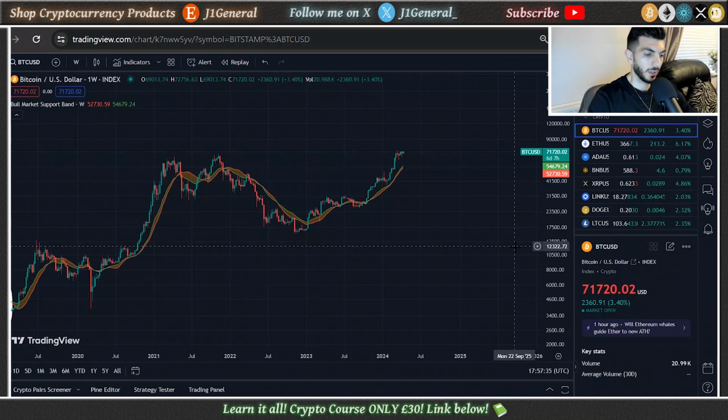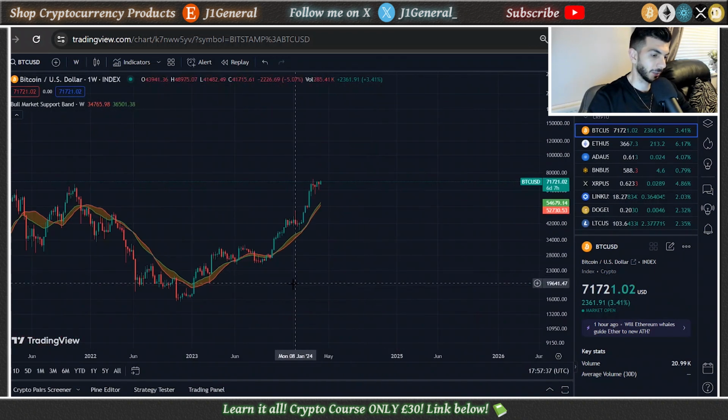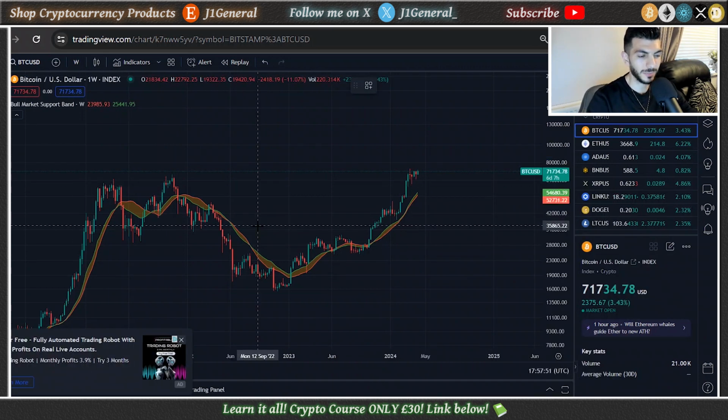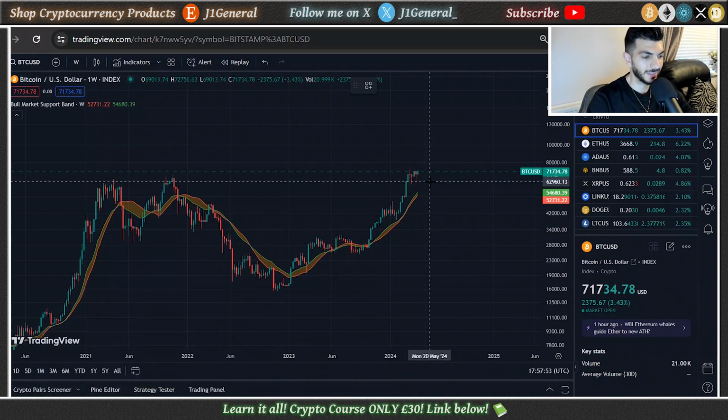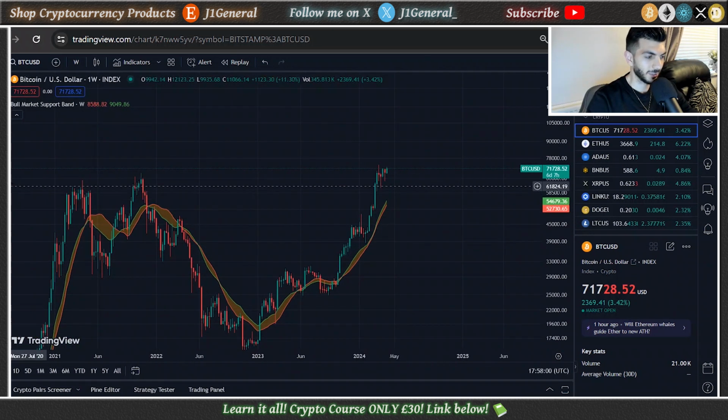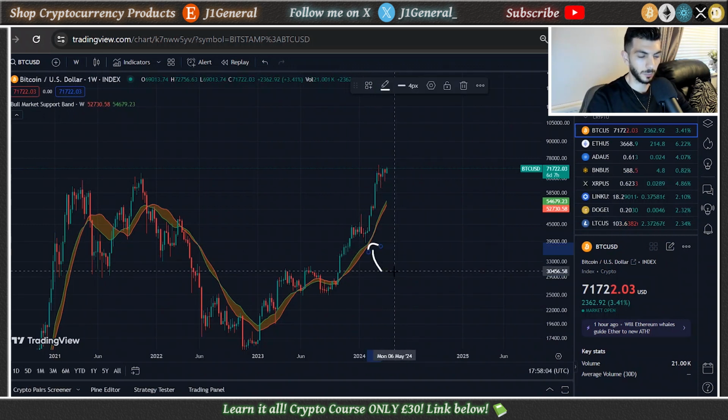So what can we infer from this price action then? We can infer that the party can go on until it doesn't. The price can keep going up until it doesn't. But once Bitcoin starts to slow down, once the momentum dies down, that is when to be wary of the bull market support band. As long as Bitcoin doesn't do something like this again, where it comes close to the bull market support band, you're all good to go, and the bull market resumes.